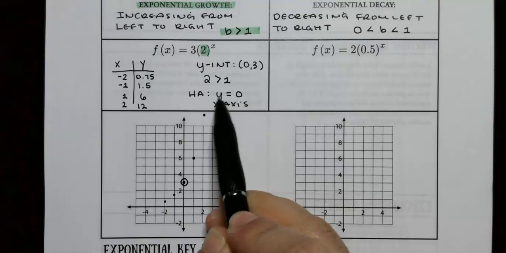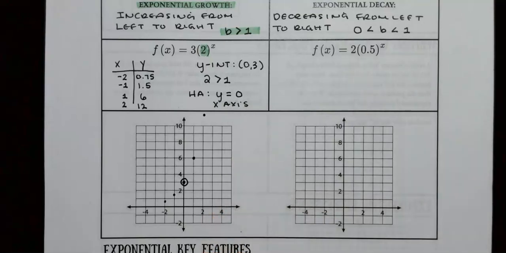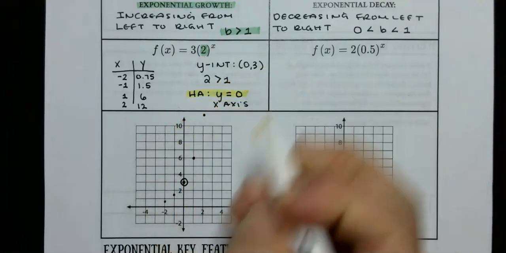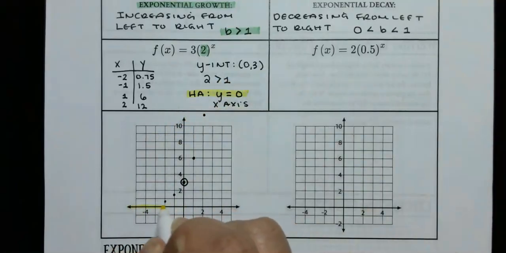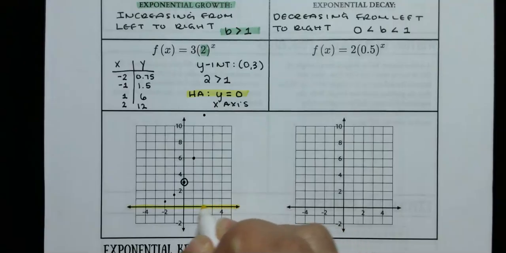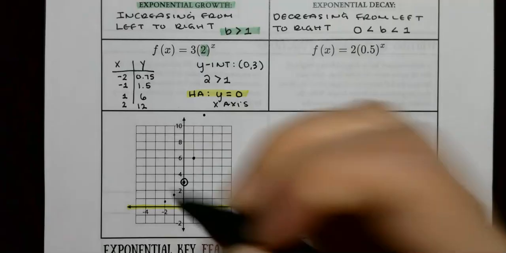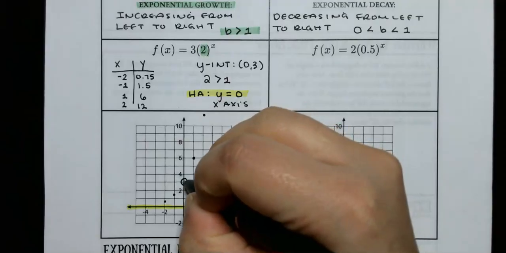And because we have a horizontal asymptote, I'm just going to remind you that that is a horizontal line right here. So what does that mean? When you create your graph, please make sure not to touch or cross this horizontal line. So I'm going to actually curve this up